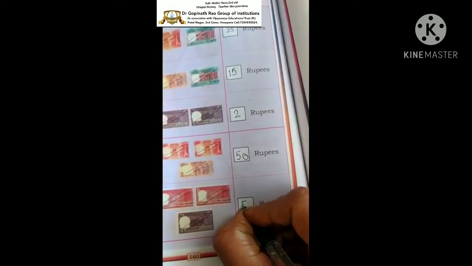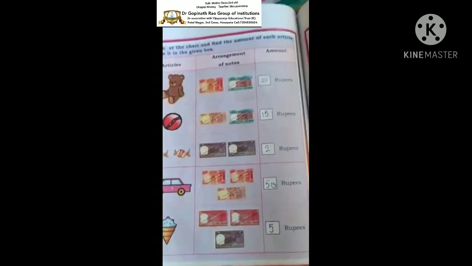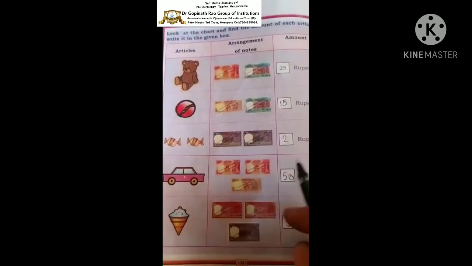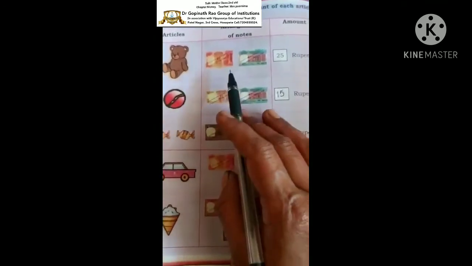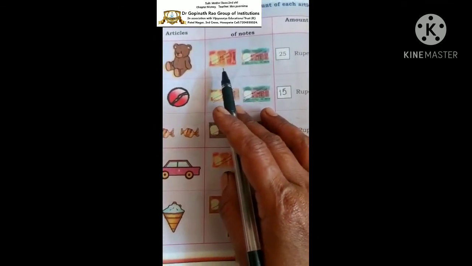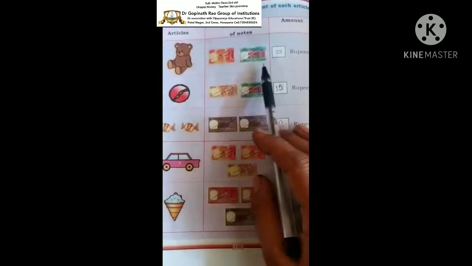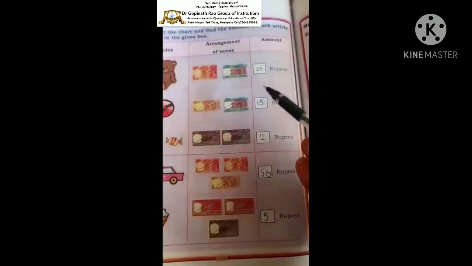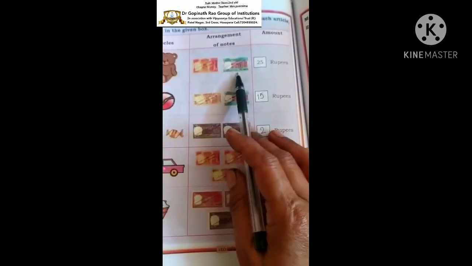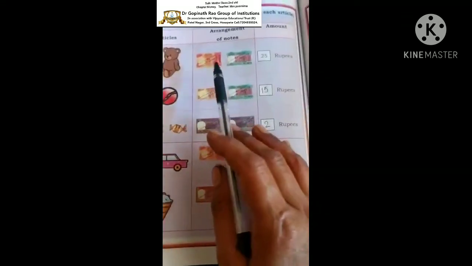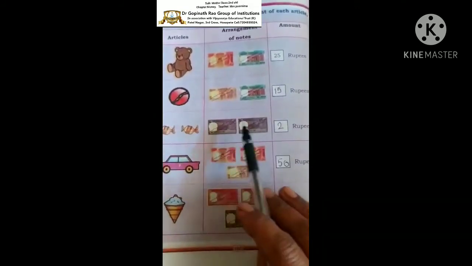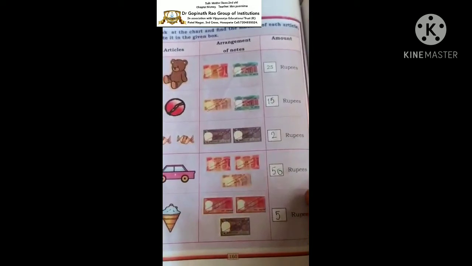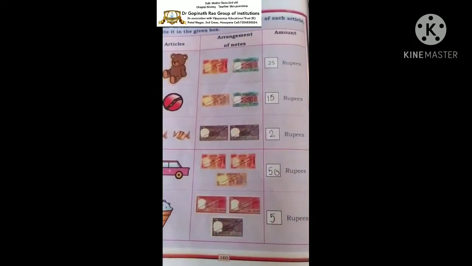What is the cost of ice cream? It is 5 rupees. See, so nice, no, children? Try to recognize the notes. You should not go alone to the shop and buy things. Take your elders and go to the shop. See, when you are giving the amount, recognize, children. When mama is giving the amount to the shopkeeper, see that and recognize the notes. Okay, and you have to add in this way. Okay, we'll go to the next page.